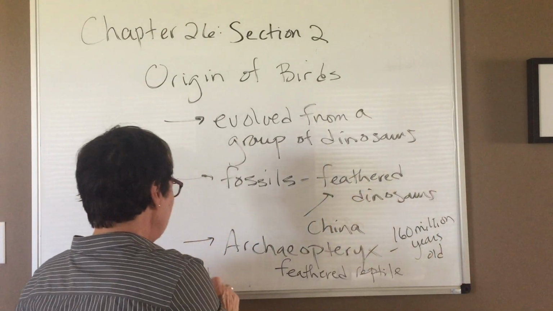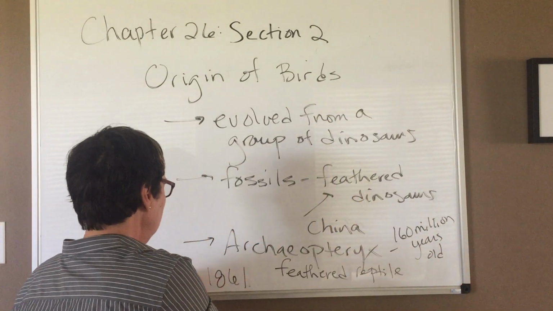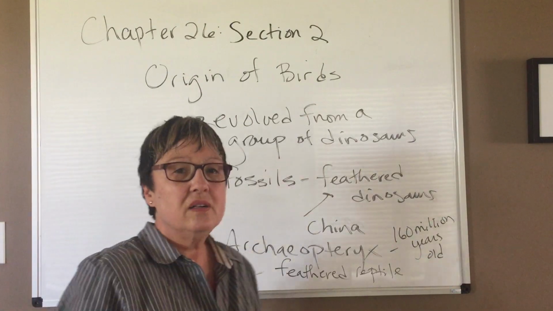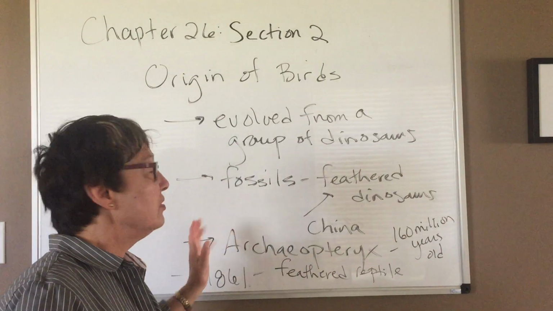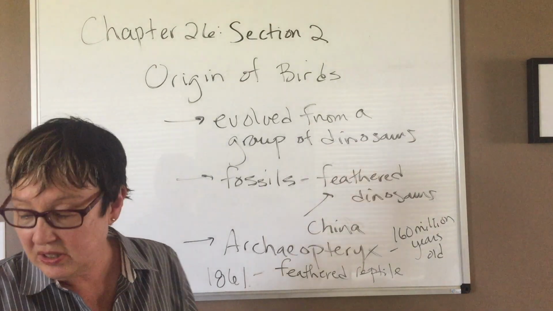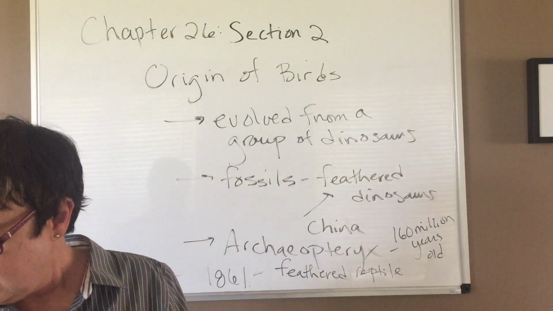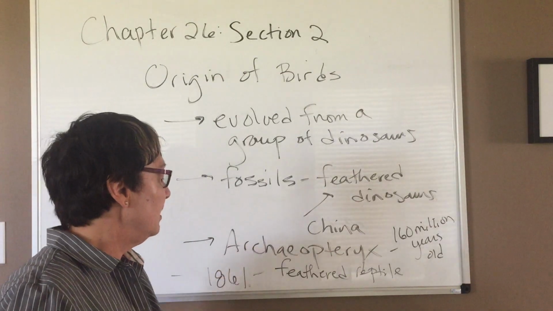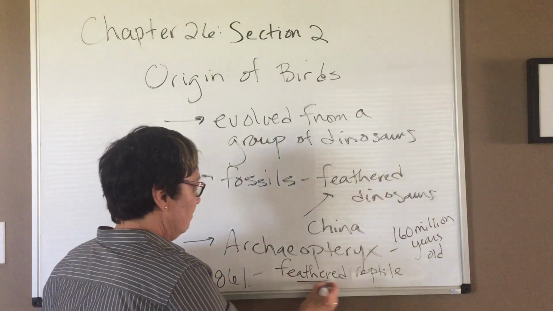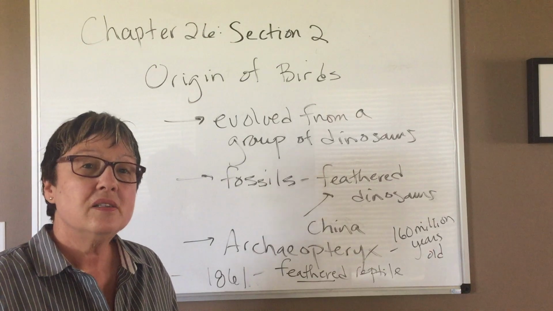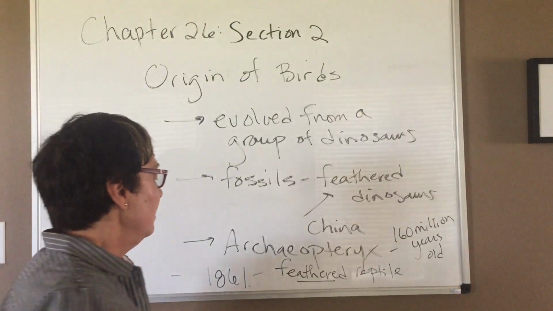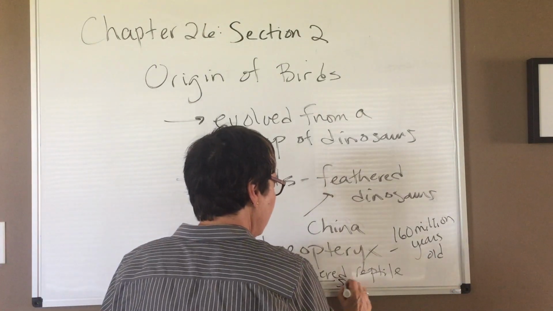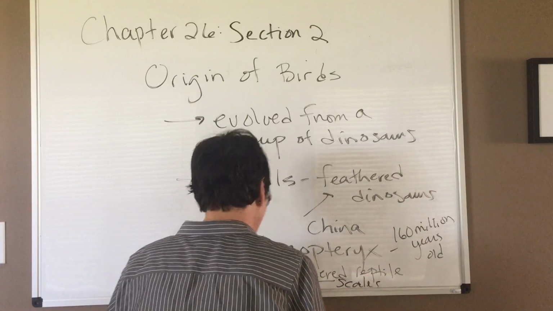It was discovered in 1861, so our fossil record for birds goes back many years. The interesting thing about Archaeopteryx is it does show some bird-like features, but it also has